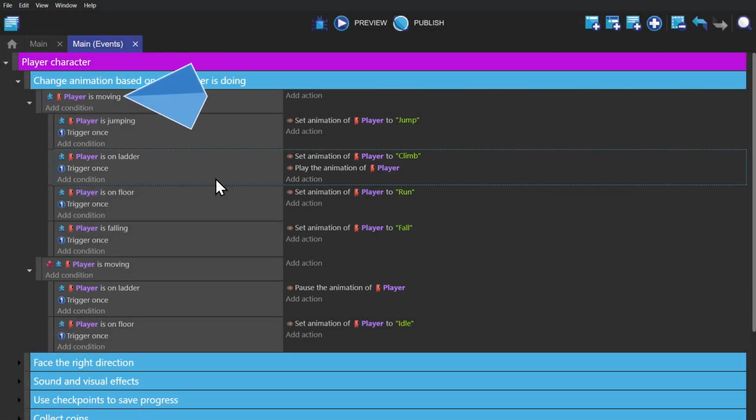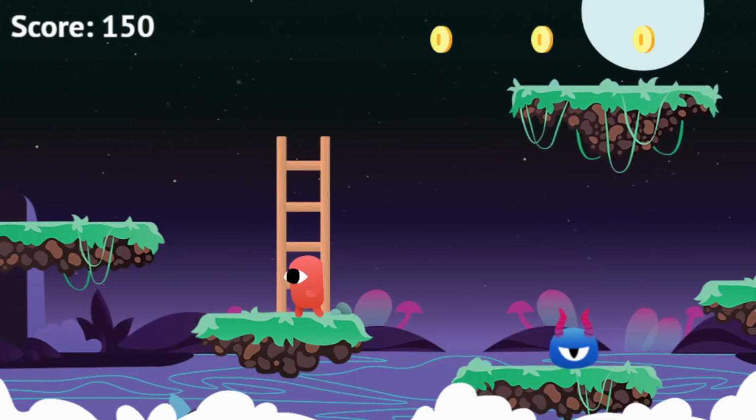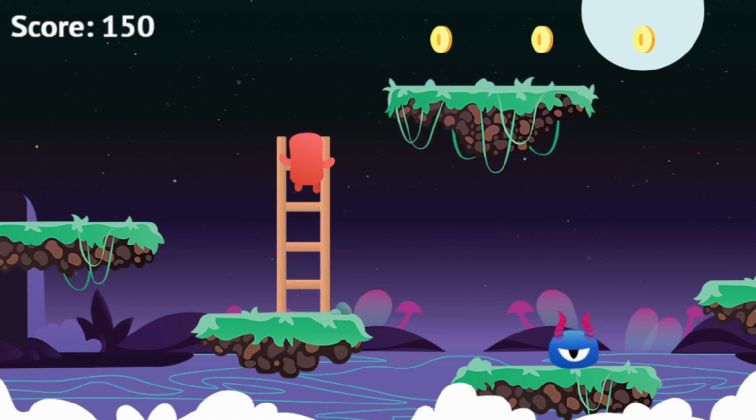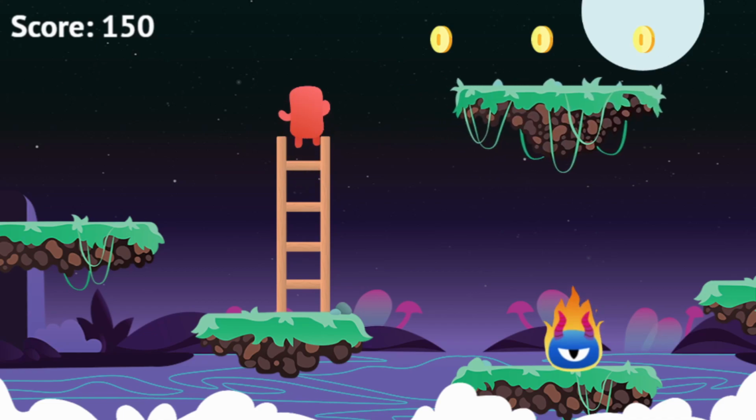One where if the player is moving and is on a ladder, set the animation to climb and play the animation. Whereas if they're not moving and they're on a ladder, pause the animation. And you can see what that looks like. You can go up and down the ladder, and when you stop moving, it stops playing. But the problem with this is that when you get to the top of the ladder,